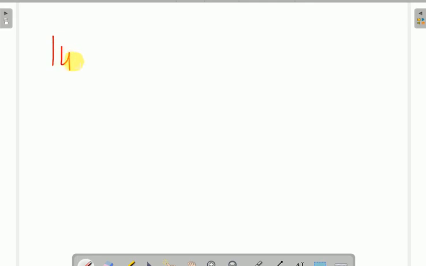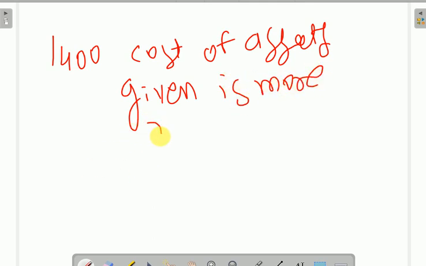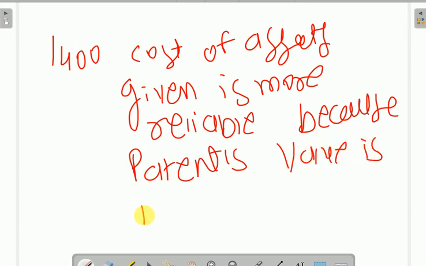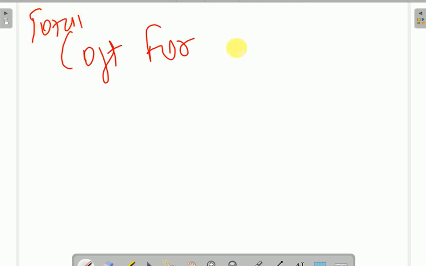We need to allocate the cost. Our cost, the cost of assets, this is the cost of assets given up. Cost of assets is more reliable, because the patent's value is not clear. So our cost for acquiring these two assets, or total cost for acquiring equipment and patent